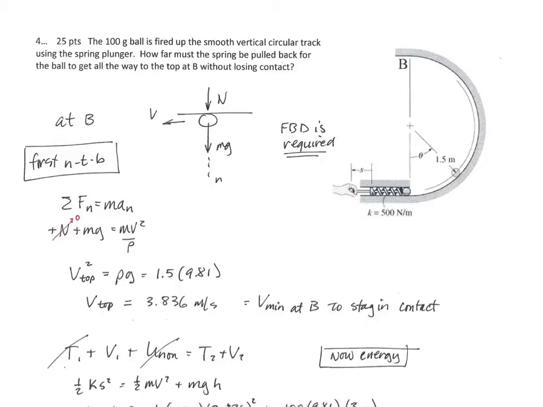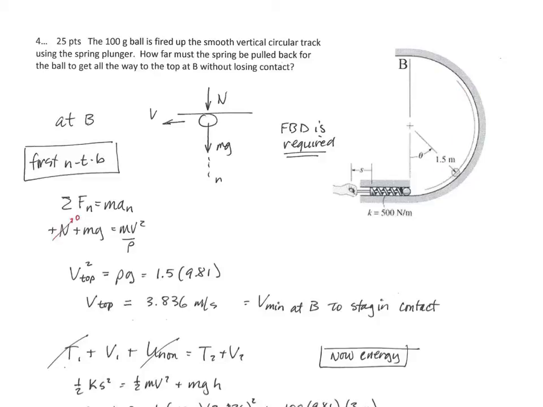But what we're looking for here is that it has to get all the way to the top without losing contact. So that without losing contact means that it's going this way, and if it loses contact, it's going to become a projectile. We did a homework problem like that. But that doesn't mean the velocity goes to zero. The velocity is not zero. It still has some speed. In fact, the speed at the top is what allows it to stay on the path or stay connected to